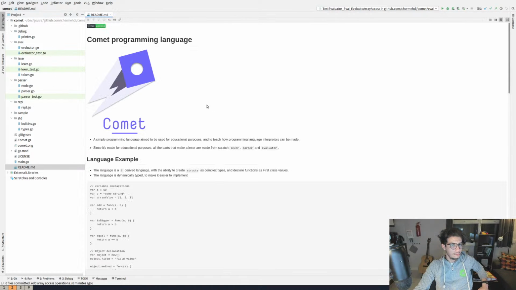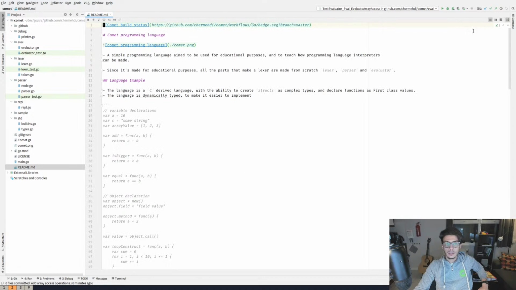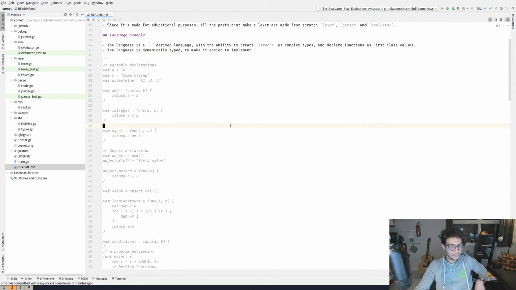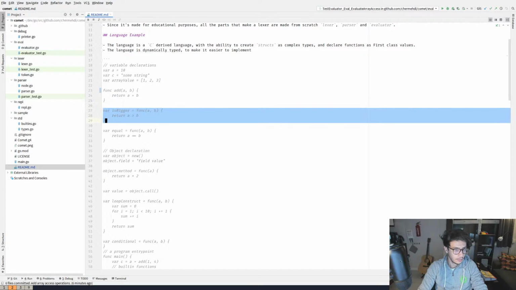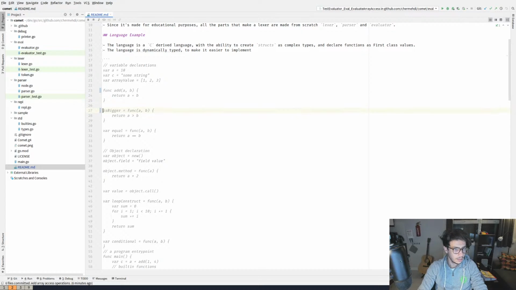So what we will end up with eventually is, this is not the case anymore. We have function add, which will return a and b, and is bigger is a func itself.